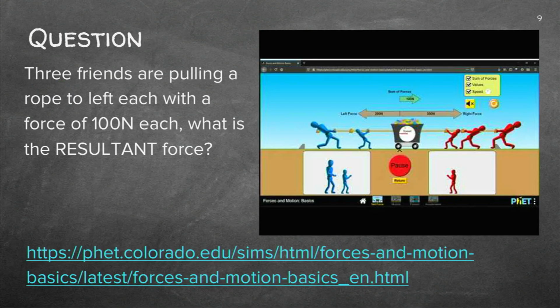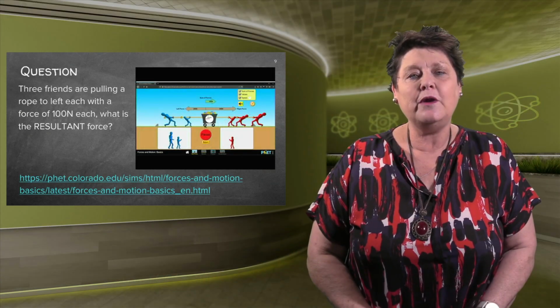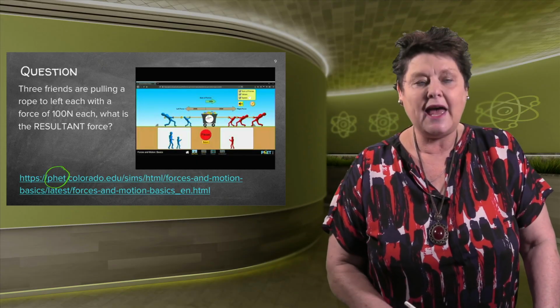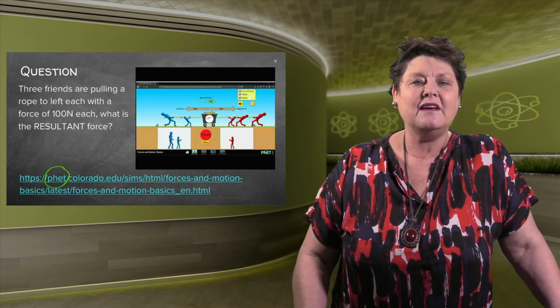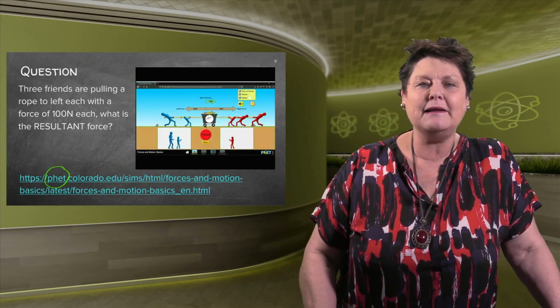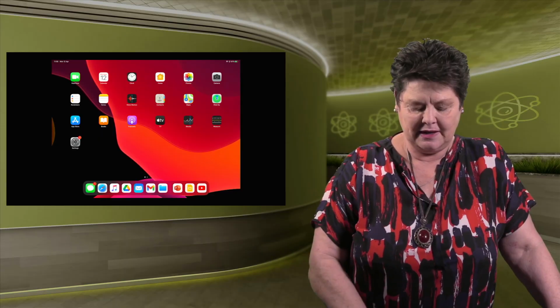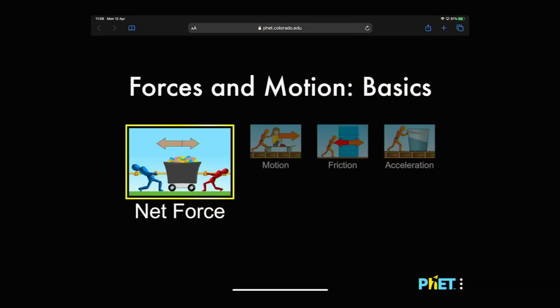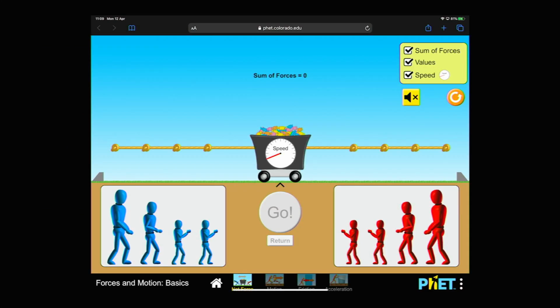Let's have a look at a simulation. We are going to look at a program which is called PhET, and you can go onto the internet and open the simulation and find a nice way of playing around and find the resultant. Let's have a look at these forces. They say the heading will be Forces in Motion, and today we're just going to have a look at the net forces. A very nice way of looking at forces. So I've got the blue man pulling that side, and do you see there?